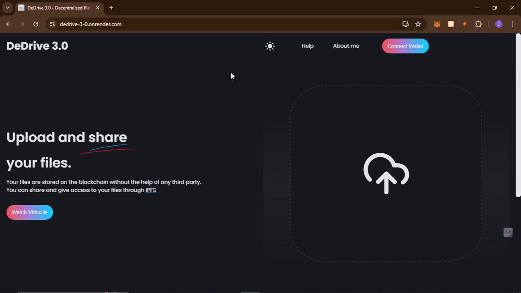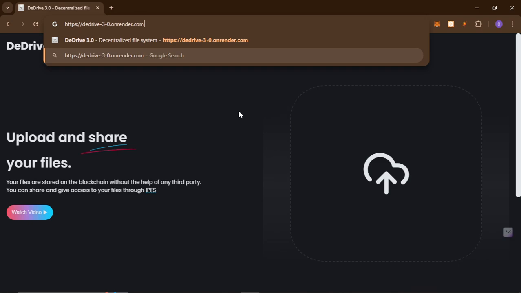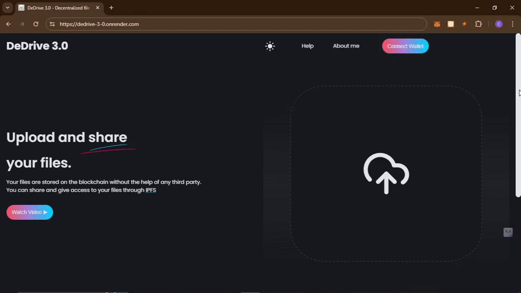So when you come to this website, DeDrive-3-0.onrender.com, it is hosted on Render, so yes, it is live. You are met with this home page. Now this is the landing page of the website,